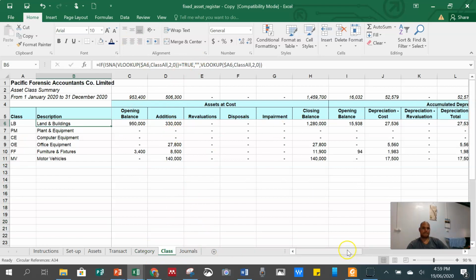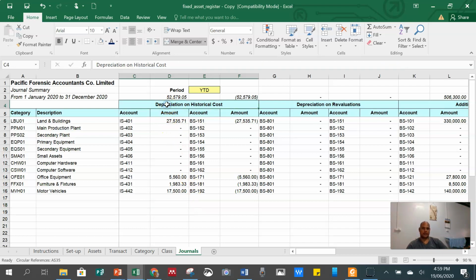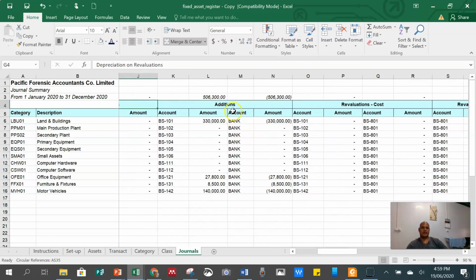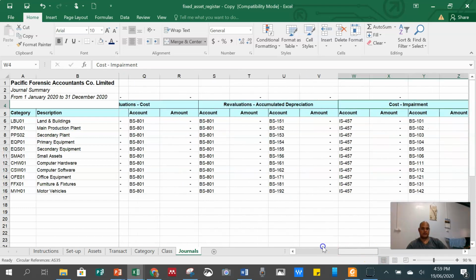They are being formatted. And also, remember, this is a technical area. Accountants normally journalize their depreciation at the end of any financial year, or on a monthly basis they do a journal entry. Your journal entry can be picked here. Your depreciation, if there is depreciation based on revaluation, they are here. If there are additions here, you can do the journal entry here. And all types of information are reflected here for certain categories, for impairment. All this information is here.